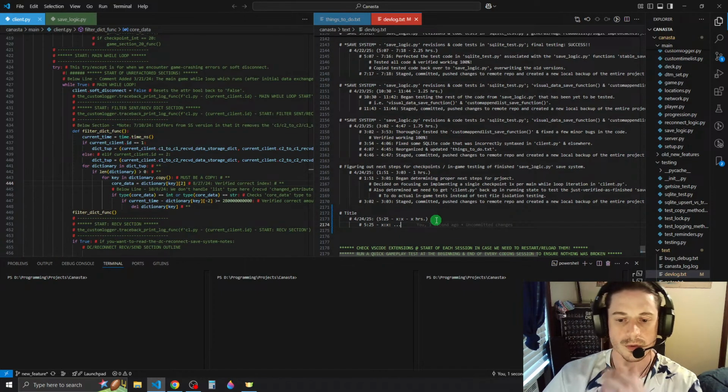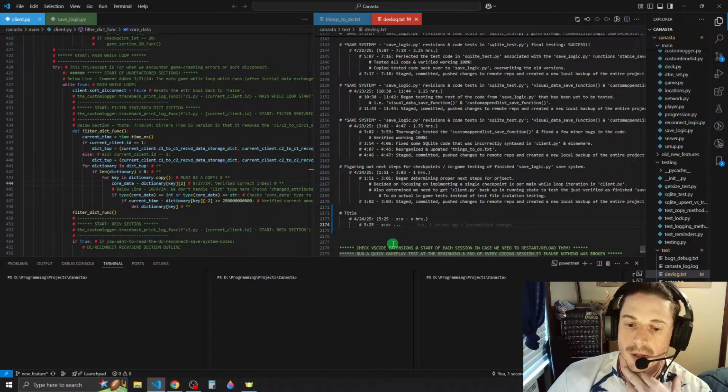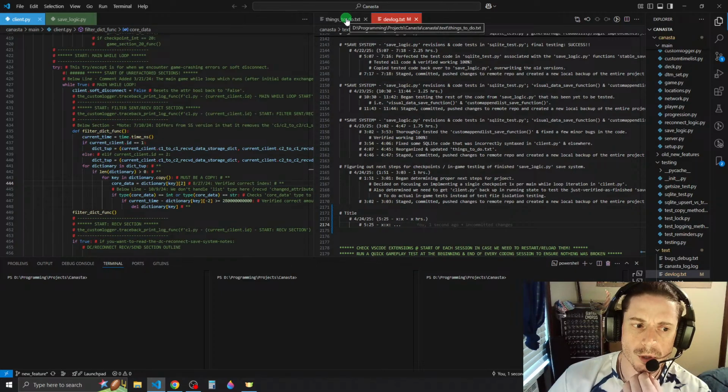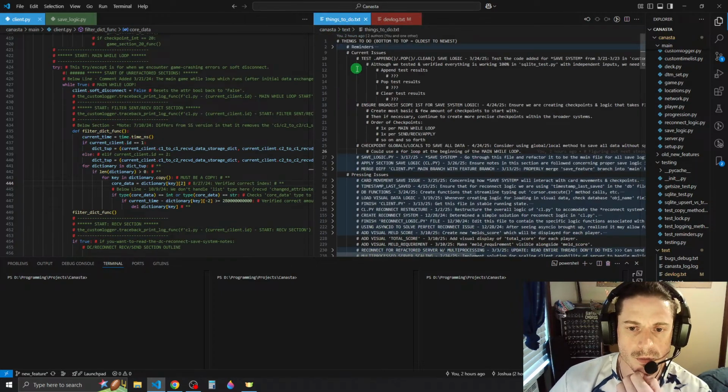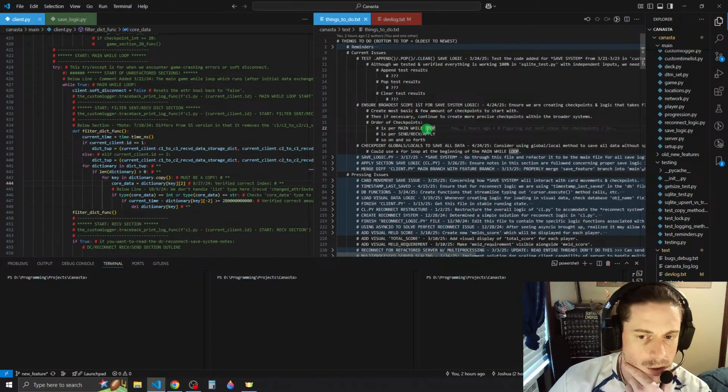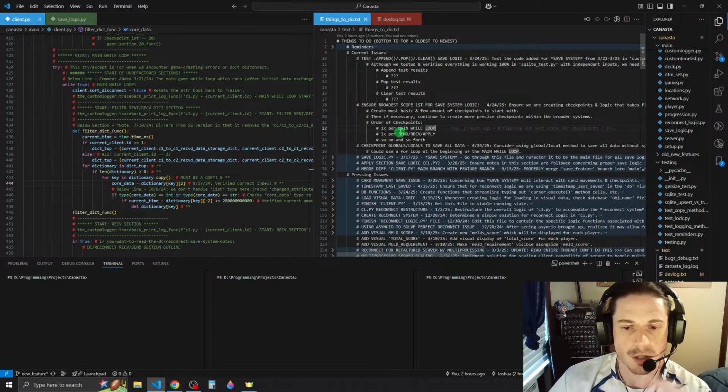Okay, so let's see what we got going on here. We stopped after we were determining what we needed to do next, and I think what we decided was we're gonna do the checkpoint once per main while loop, which is the broadest save checkpoint system that we could have, the least specific, the least persistent.